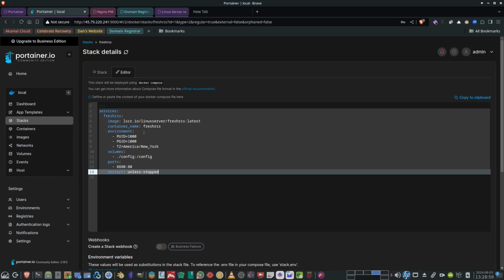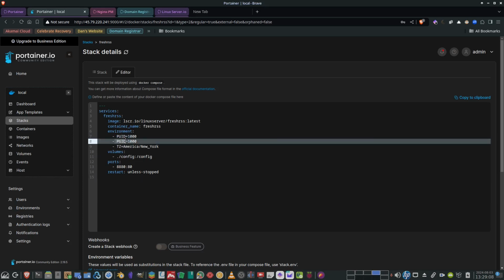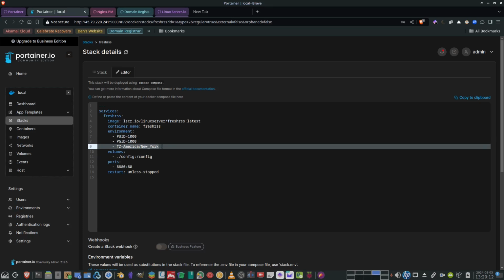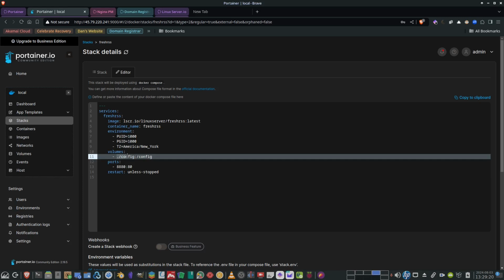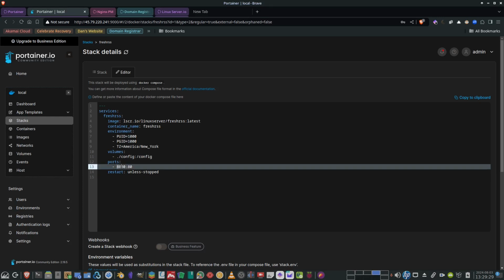And then I went in and I made changes. The PUID and the PGID, the user ID and group ID, I didn't change. But I did change the time zone because it was UTC. So I changed that from UTC to America/New York, which is my time zone. And then I changed the volume location for where Fresh RSS would run. This particular application listens on port 80 and runs